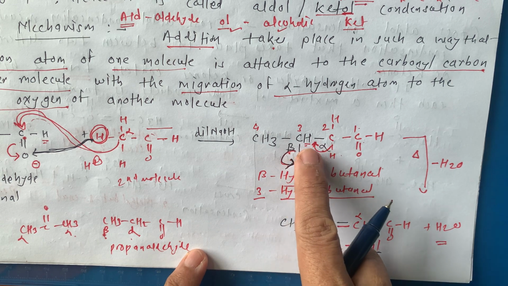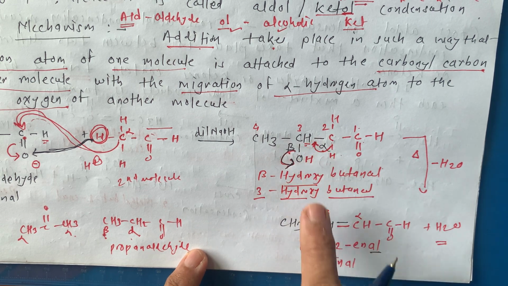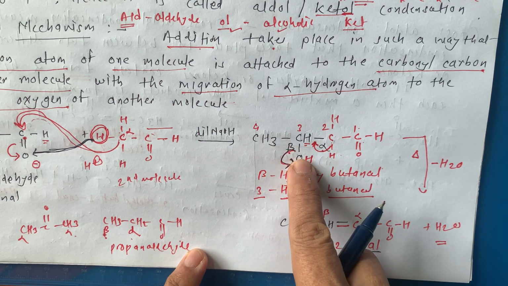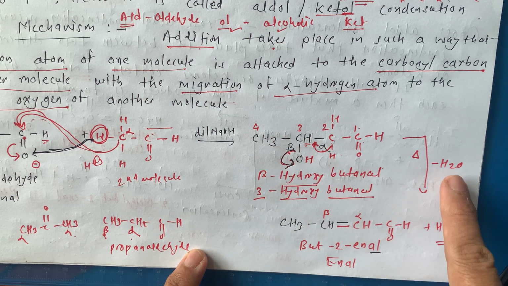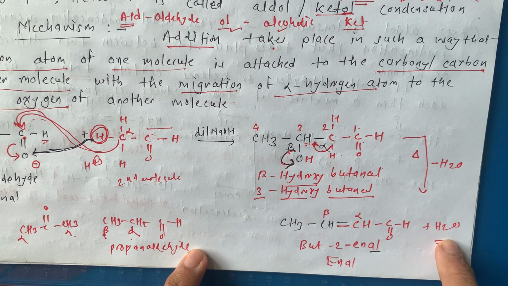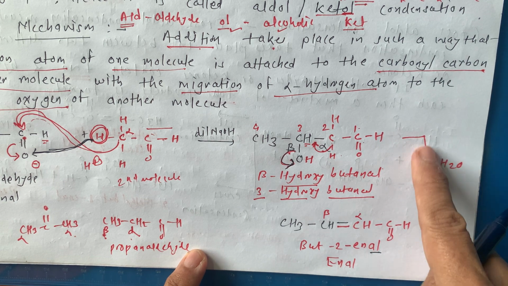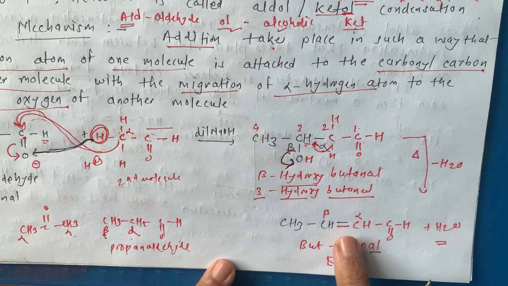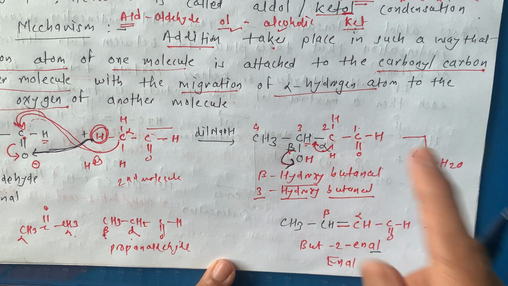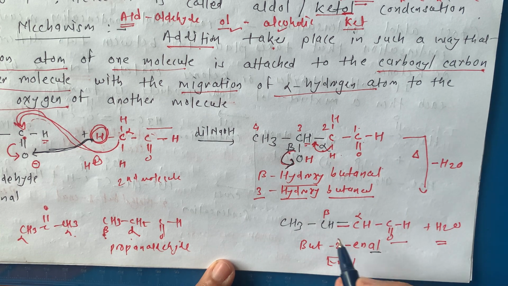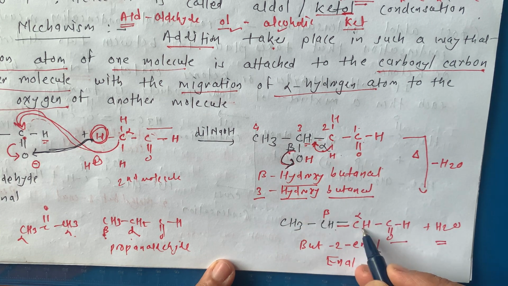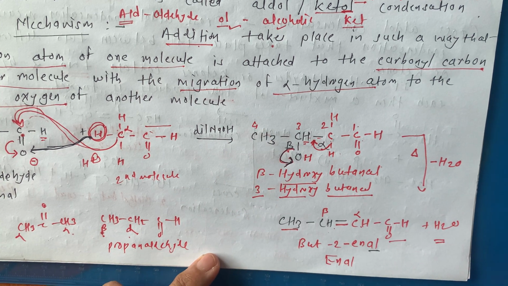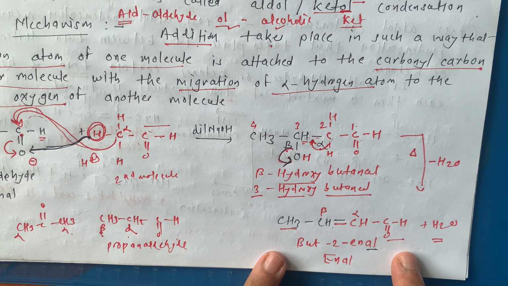So what is going to happen? Here there is formation of a double bond, and we remove this OH. So this HOH forms a water molecule, which we removed from this, and we get this product. Here the functional group C double bond O, H remains as it is. Then there is formation of CH double bond CH. This CH3 remains here.